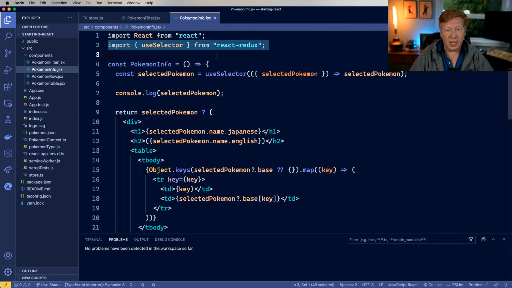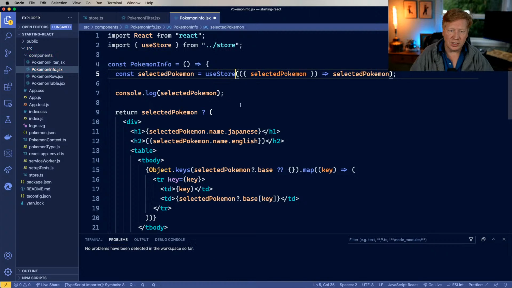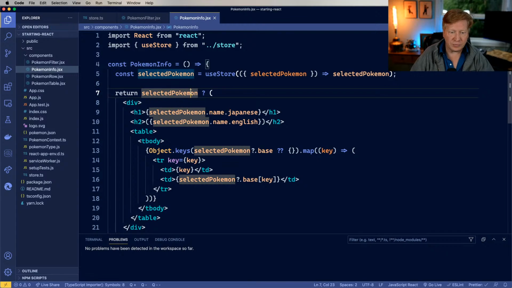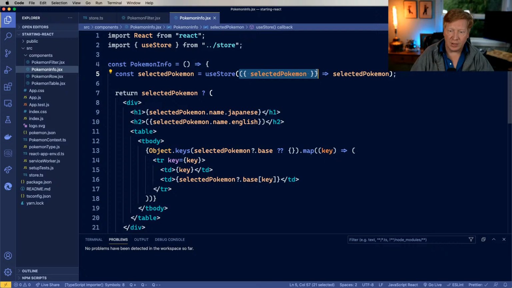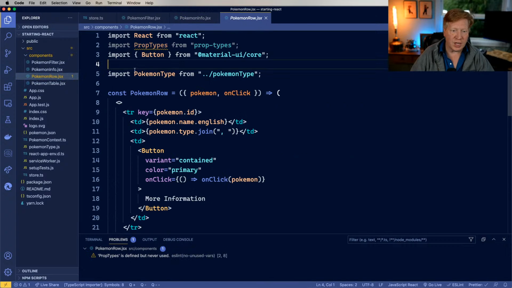This is using a selector from Redux. So let's get rid of that and use store. And actually, wow, that's one and done. And we can get rid of that console. So basically, again, we're getting use store. It's getting all the state right here. And we're just picking off of that the selected Pokemon. Really clean. Pokemon row is just a